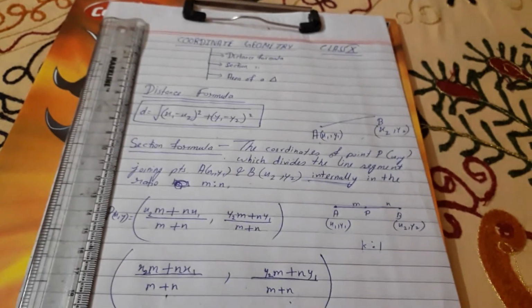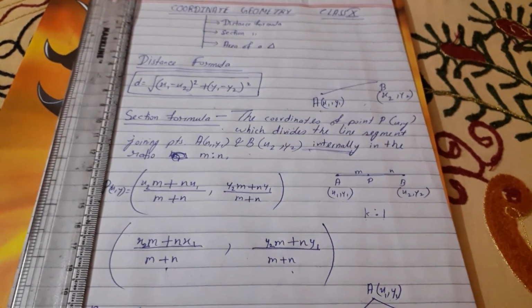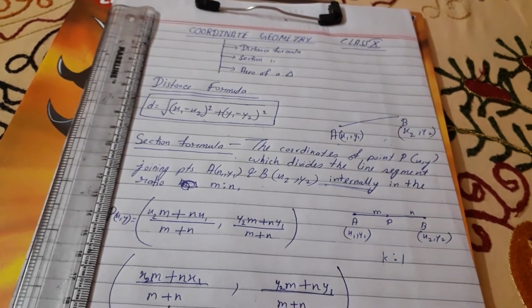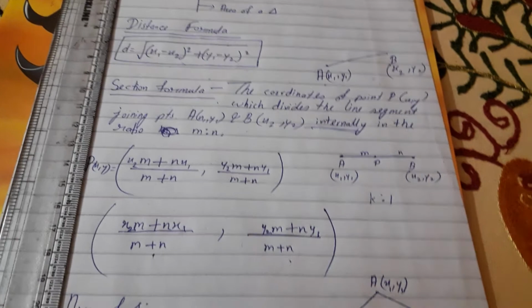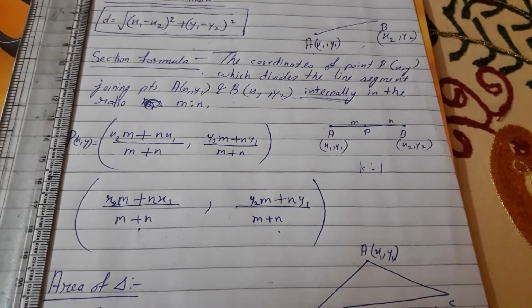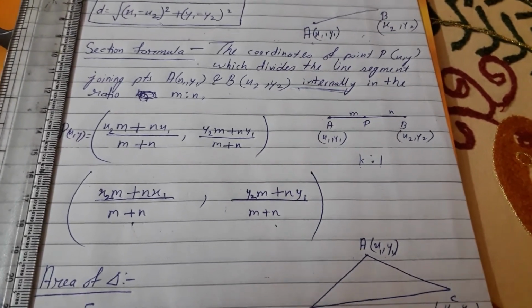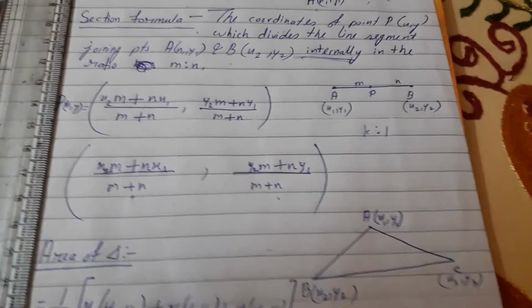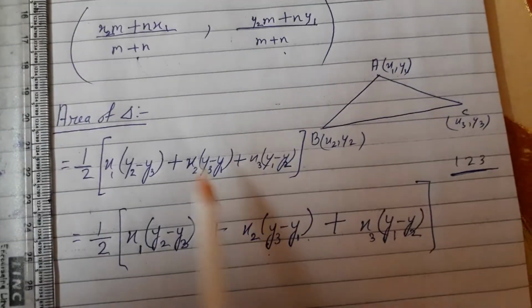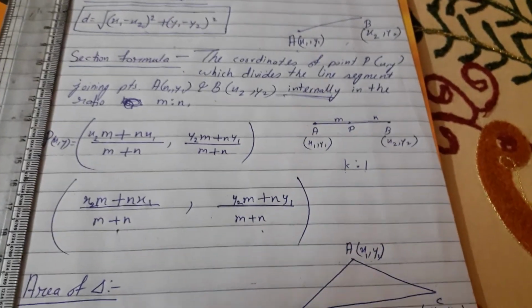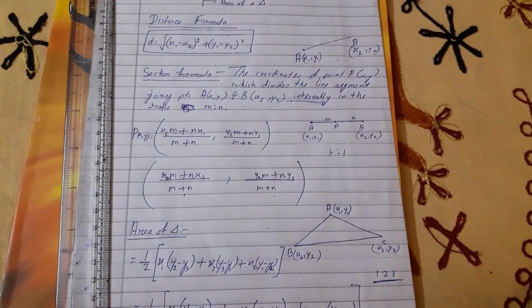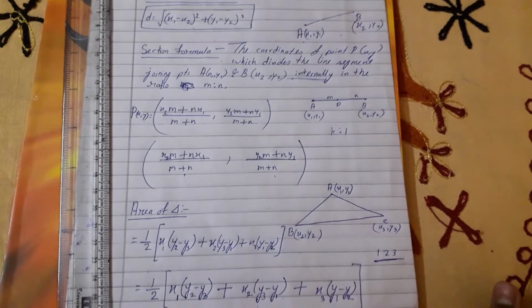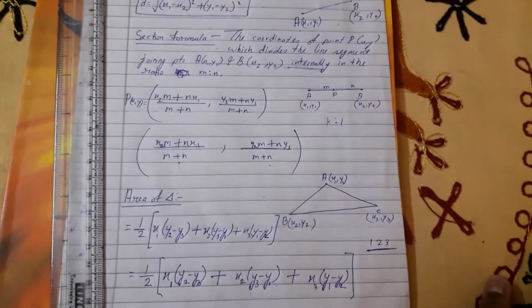So this is all about your coordinate geometry. See, I have already told you that coordinate geometry is the very scoring part, easy part. Okay, whatever may be the question, you have to only understand the language, and then you have to apply the formula. And for applying the formula, you have to remember this. So please remember in the way that I have shown to you. Okay, the distance formula is very easy, and the section formula and the area of triangle formula, you have to make it easy.